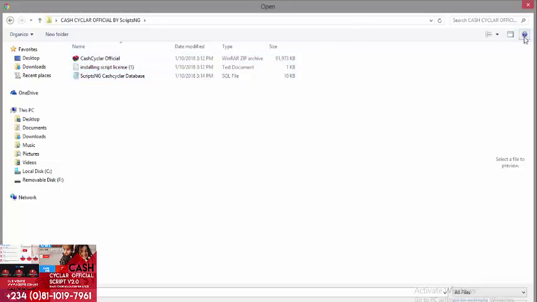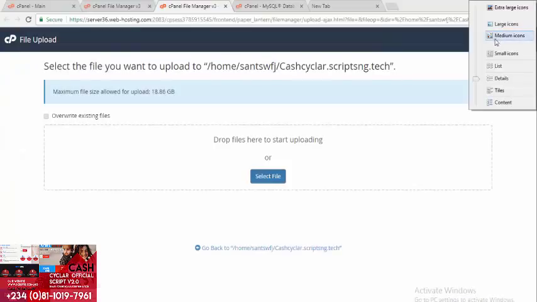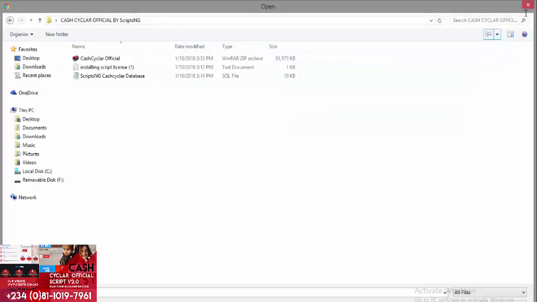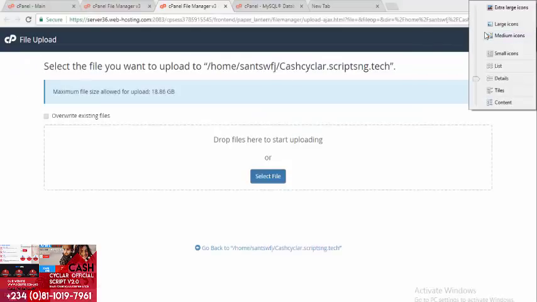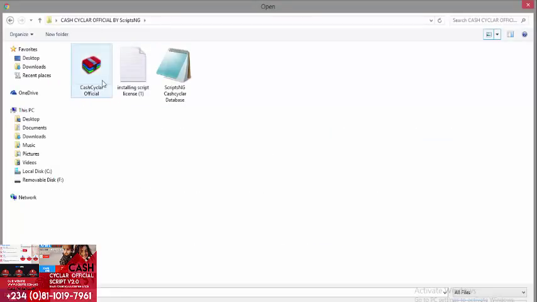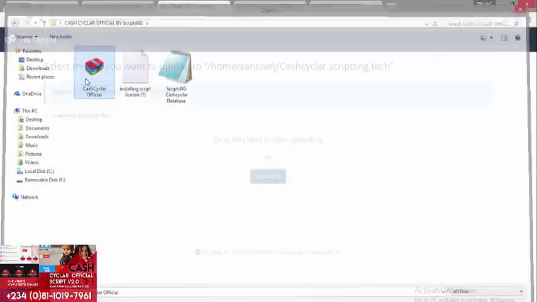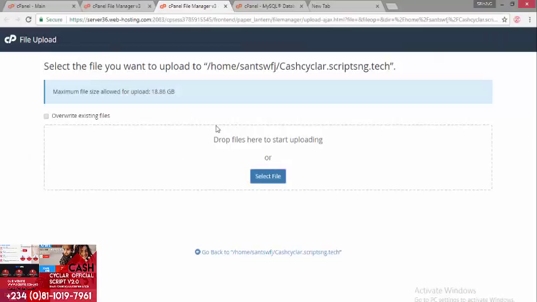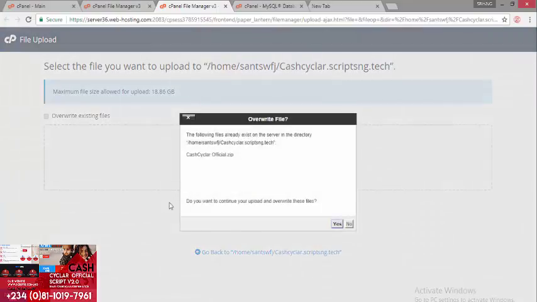If you purchase the script from us, you are going to be getting these three files. This is the script, Cash Cycler Official, this is the installation guide, and this is the database SQL file.